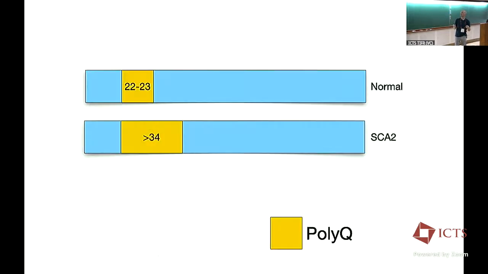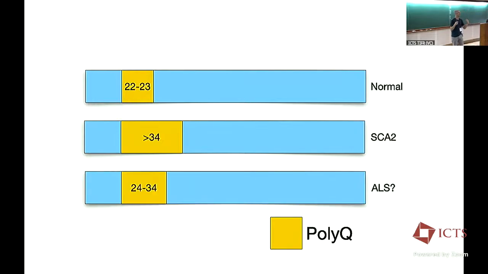But because I found this in a yeast screen with TDP-43, I was wondering, could this somehow be connected to ALS? So this is normal, 22 or 23. Greater than 34 causes this other disease. I was just thinking, what about something in between? Longer than normal, but not past that range for SCA2. That's my hypothesis. So to test that hypothesis, I collected about 1,000 DNA samples from patients with ALS,